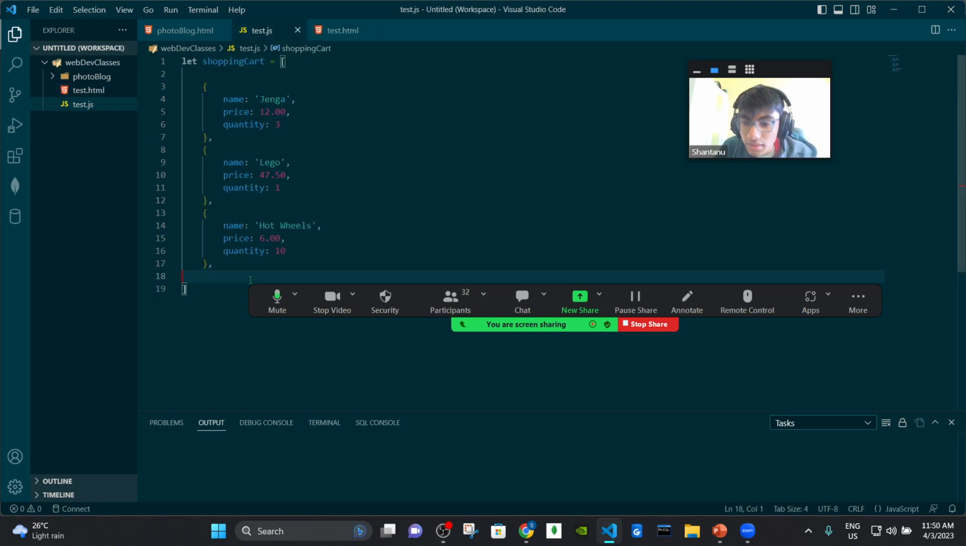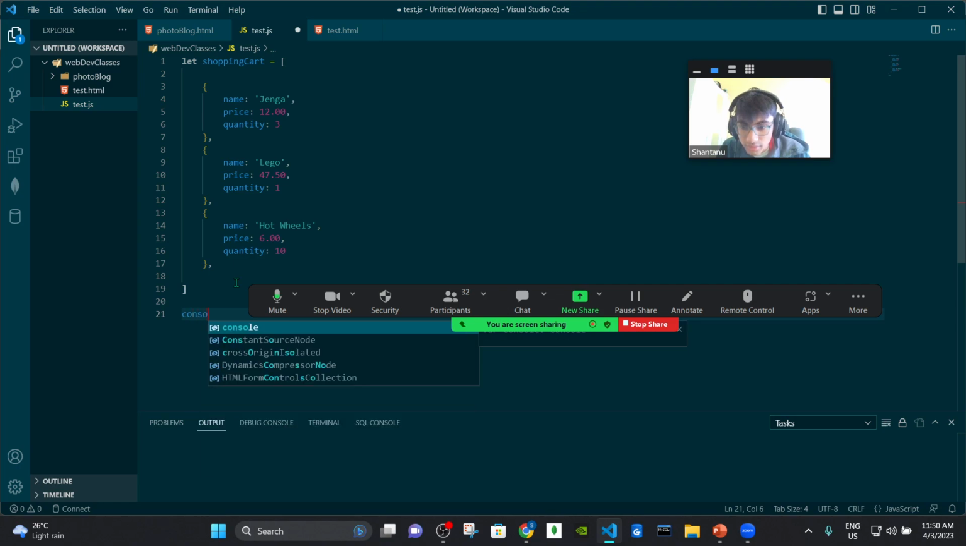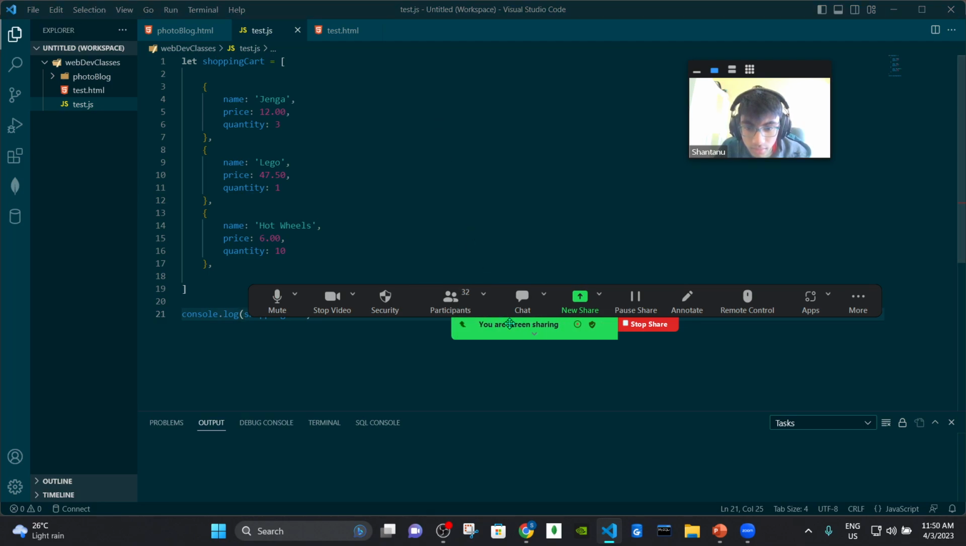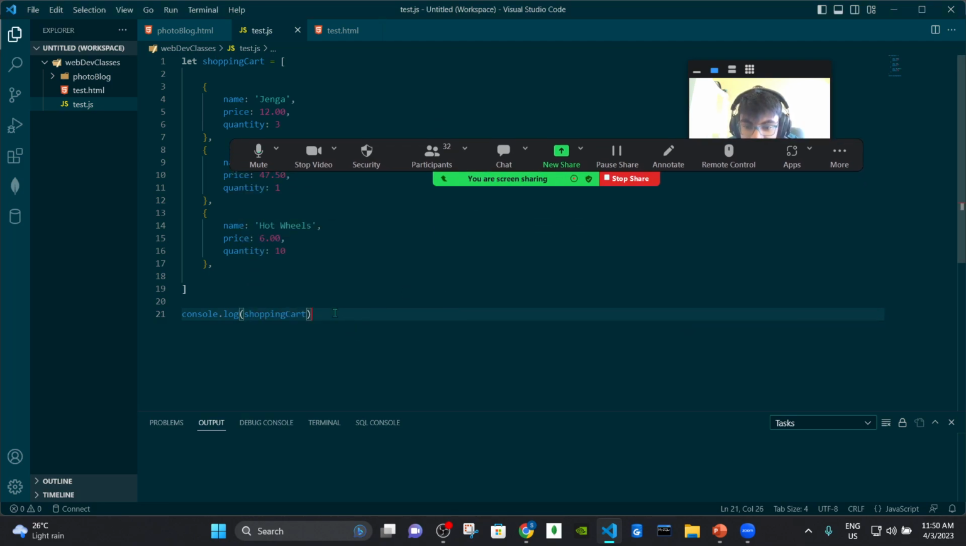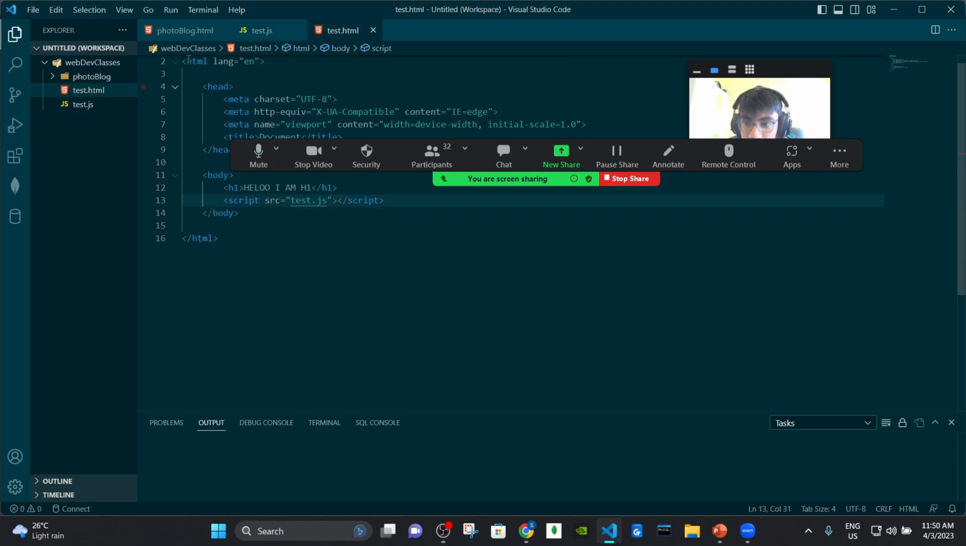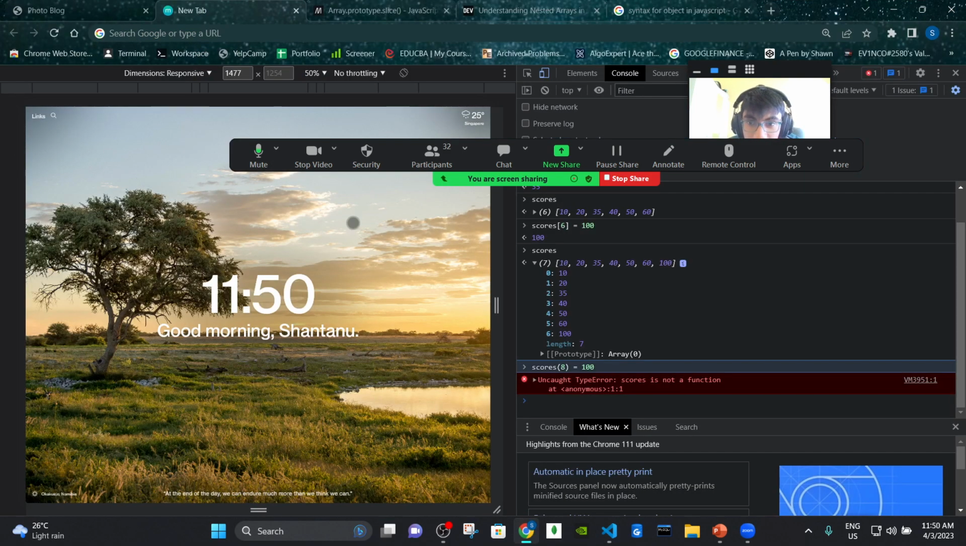Now I can go here and console log shopping cart. And one more thing I can do is access this as well. Suppose I just remove this for now. I'll just do it like this. I'm not going to do anything. You can see over here. If I reload,